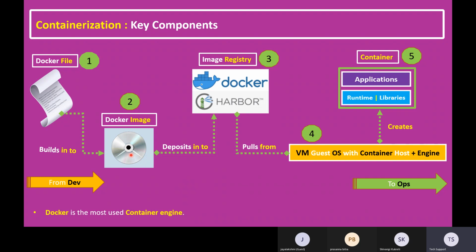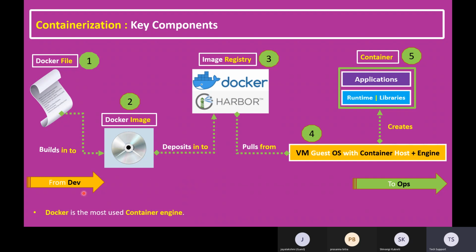Image means it's like our ISO file. It consists of the actual package information. That package information is deposited into a registry. I give an example of either Docker, or you can register into Harbor, because not only Docker, we have so many third-party tools that provide image registry functionality. But for easy understanding, I just highlighted the most popular image registry vendors. Most of the time, the number one preference is Docker only. But some companies may go for some other third-party tools instead of Docker for this